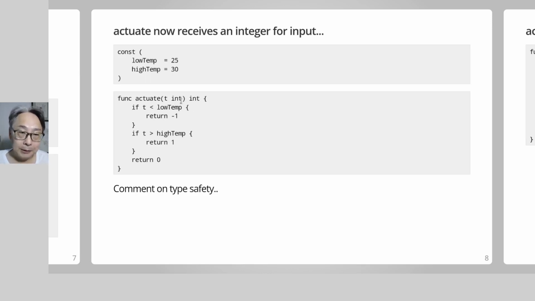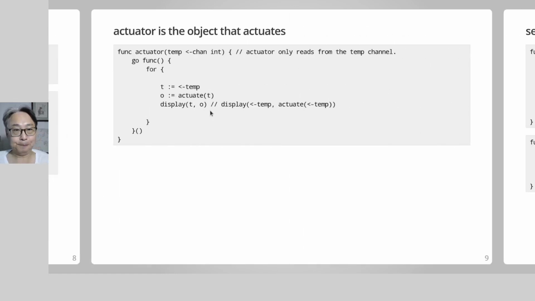So the input should actually be a temperature, and the temperature should be a type in Go. So it could be an alias to integer, or it could be an alias to float64. And the output should actually be an enumeration where it says cooling, no action, and heating. But let's go with this for simplicity to show you the more important things I want to highlight, which are